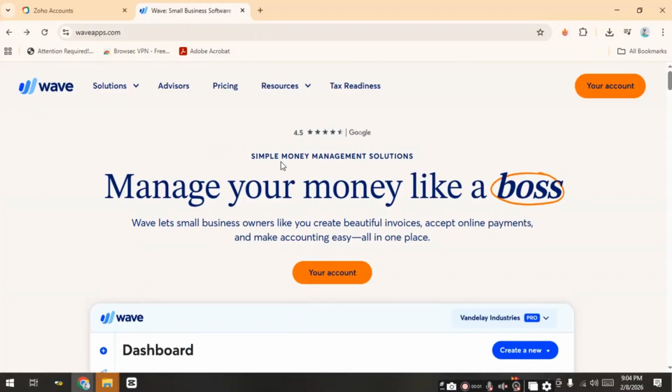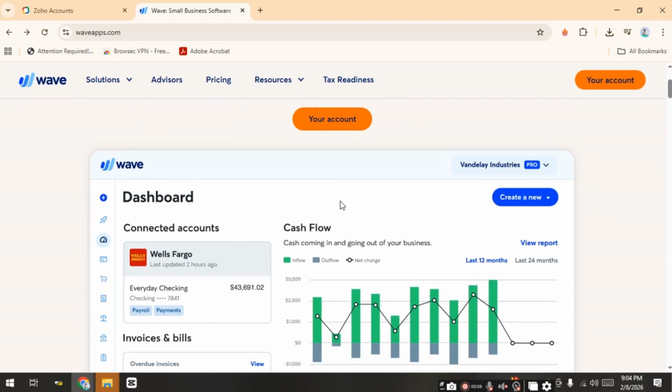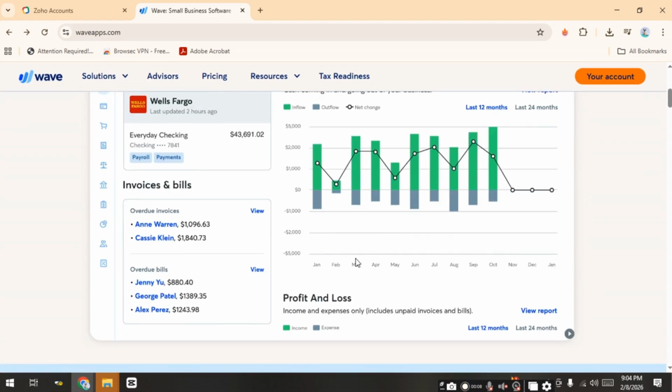We guide you through how to create a recipe with Wave Accounting. So the first thing you need to do is to log into your Wave Accounting account and head straight to